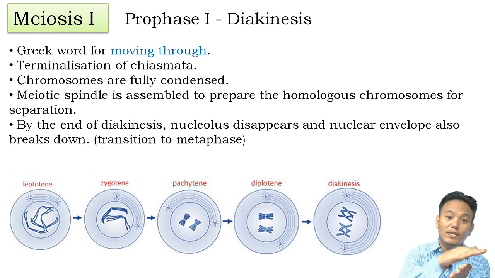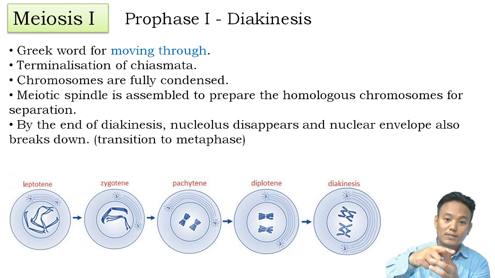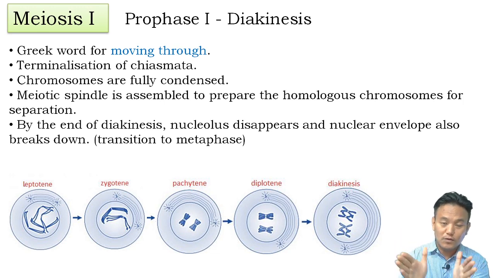The synaptonemal complex started breaking down in the Diplotene phase, and the synapse is now dissolved. The microtubules of the spindle fibers assemble and attach to the chromosomes. So the meiotic spindle is assembled to prepare the homologous chromosomes for separation. And by the end of Diakinesis,